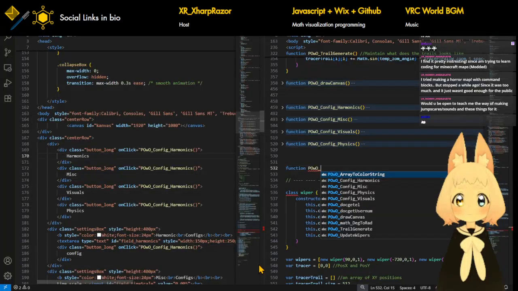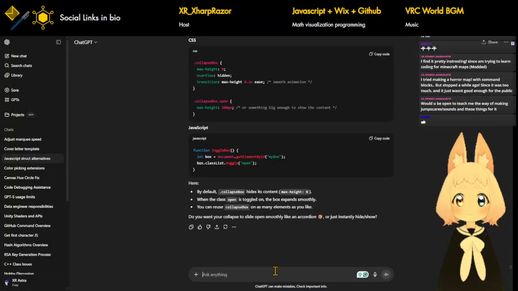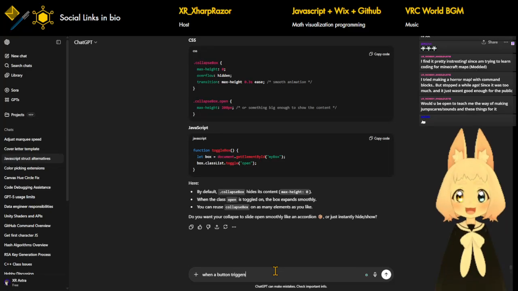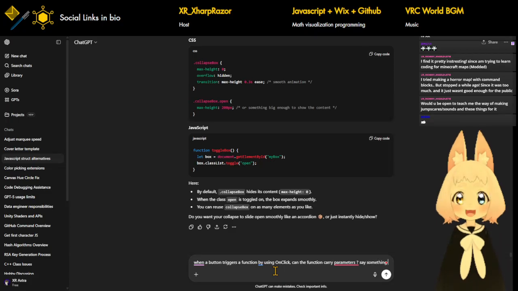In JavaScript, when a button triggers a function by using onClick, can the function carry parameters, say something like